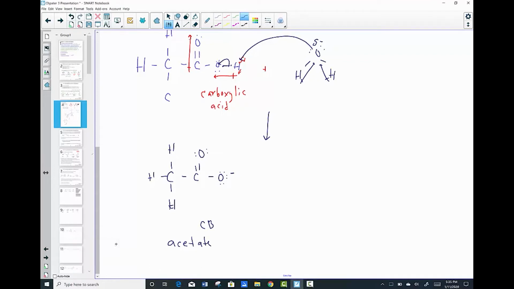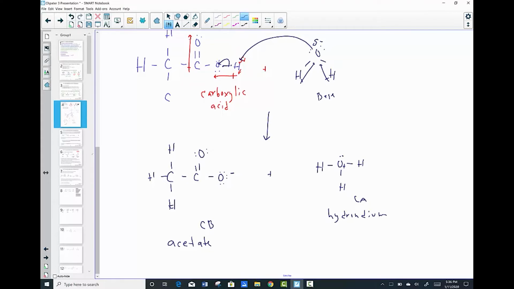Over on the water side, because it accepted a proton, we now have the conjugate acid, hydronium. Again, oxygen with its positive formal charge makes the hydronium polyatomic ion, which is the conjugate acid when water acts as a base. So there's our theory, just getting an idea of where we're heading with our acid-base